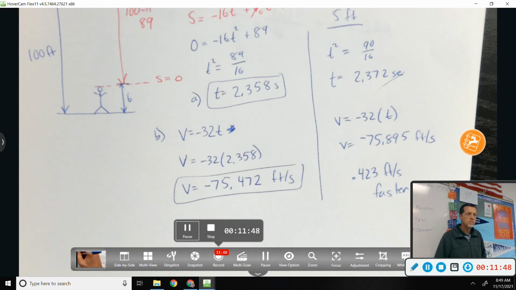Unless you're like 1 foot tall, then it'd be a big difference. Yeah, obviously if you were 90 feet tall, you wouldn't have much time, but it would barely hit you, so maybe you'd be okay. In addition to the other problems of being 90 feet tall. So if it was like a giant